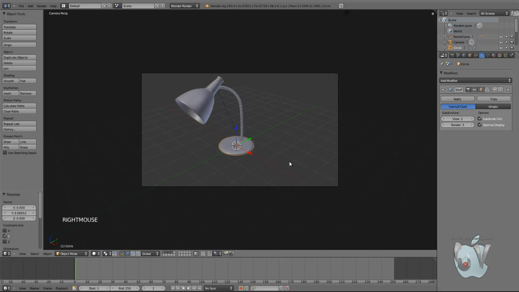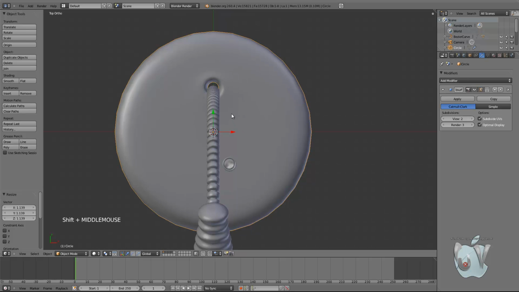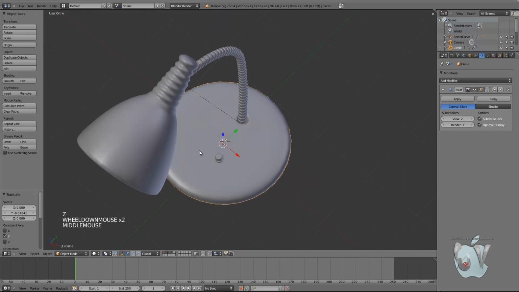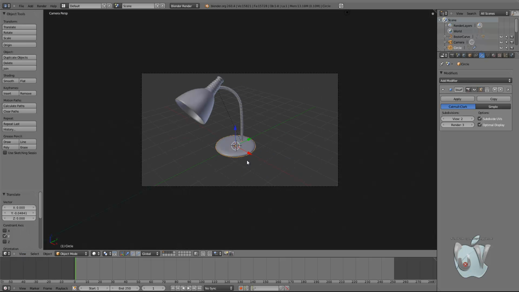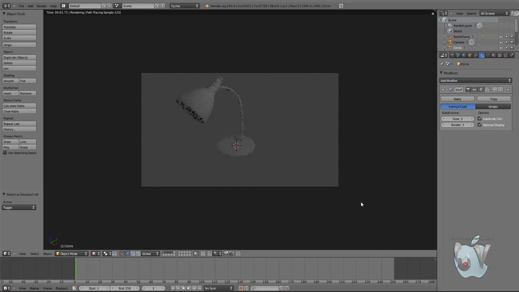You could actually just scale upwards a couple of things, like this is too small, you could do that, and on top you could correct the inside like this. It's up to you to figure out what's good or bad in terms of dimensions. And if you want to make just a quick render, I'm going to use Cycles to do a quick render, and this is it. And the final result is going to be something like this, which I think is pretty